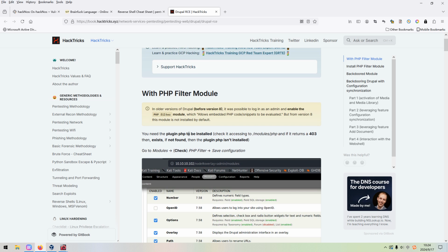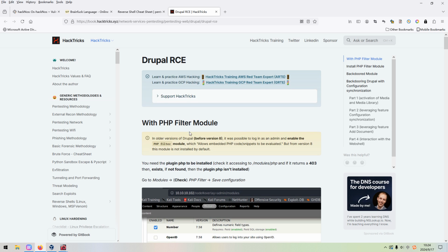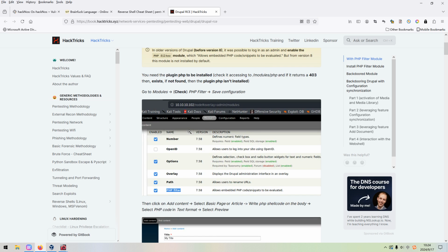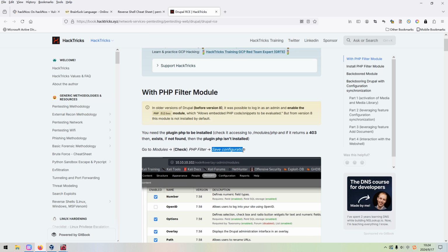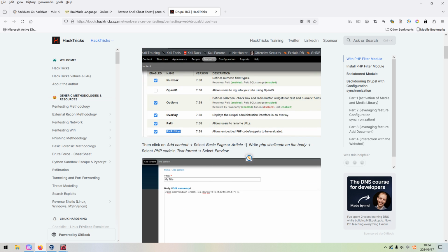So now we can follow the instructions. You can see over here, because we have already got access to this CMS, we can go to the modules and go to PHP filter and save configuration, and then we can add content and write PHP shell code in the body, and then we can of course select PHP code.